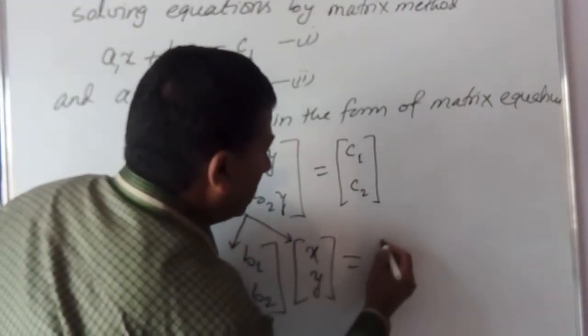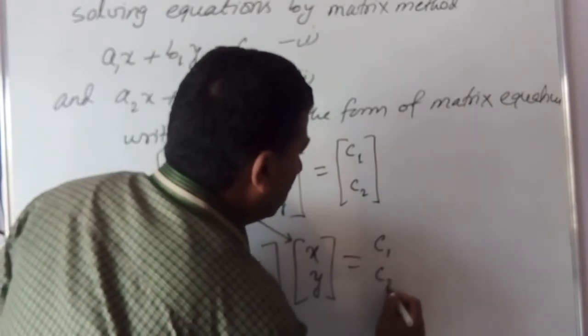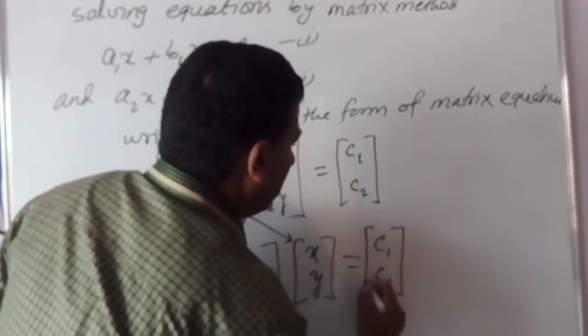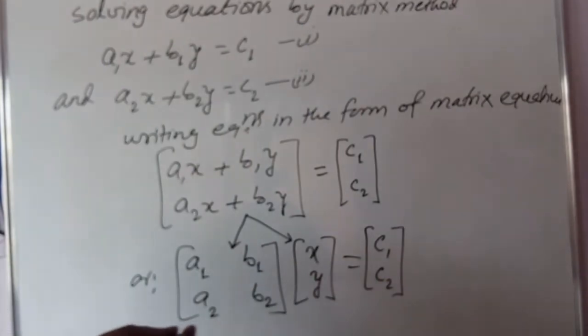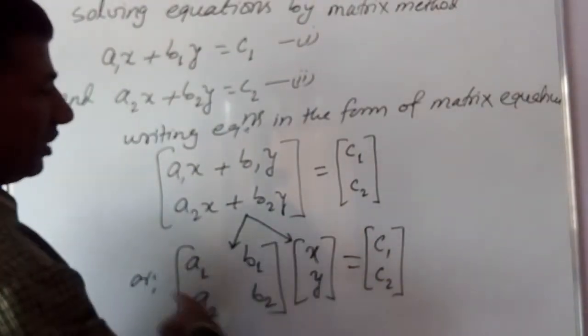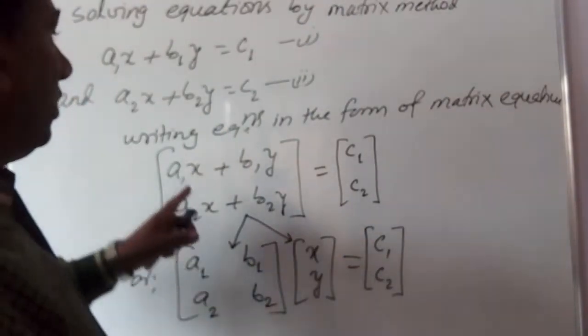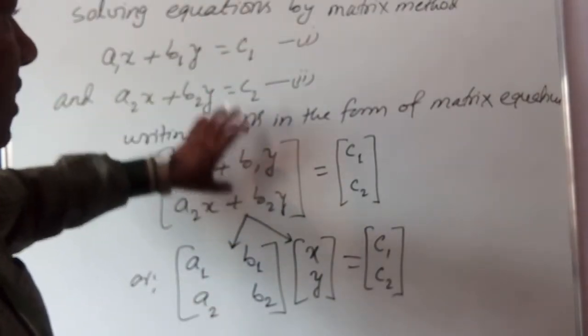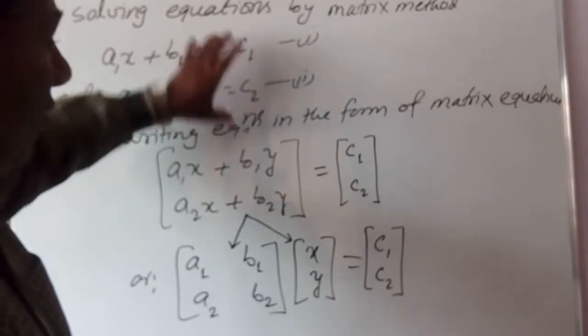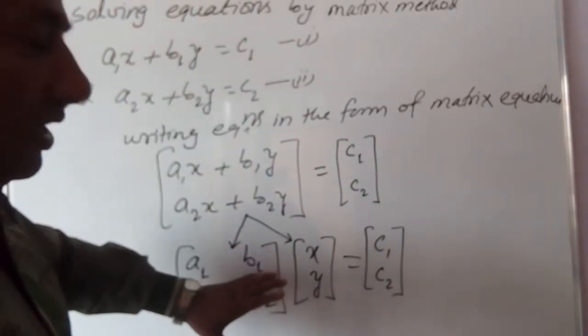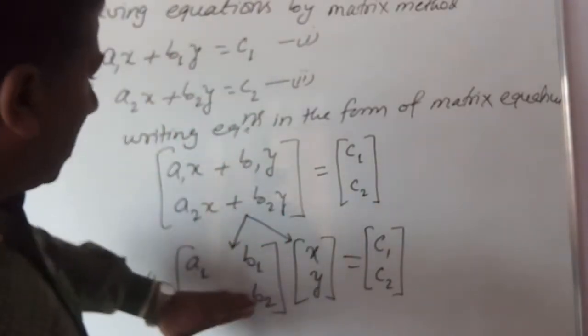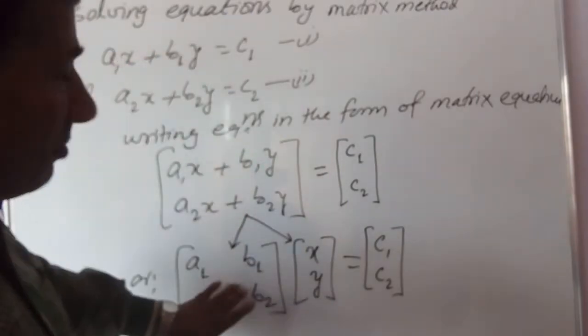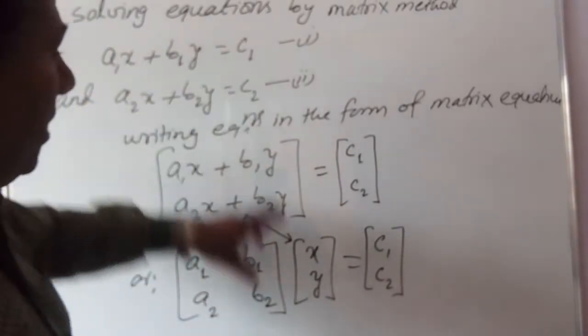That's why the constants C1, C2 I wrote inside the matrix. Now this one is actually a matrix equation. I did this step, but actually it is not necessary. If you have the capacity, write from here to here directly. In this case, write their coefficients: make the coefficient matrix times the variable matrix xy.